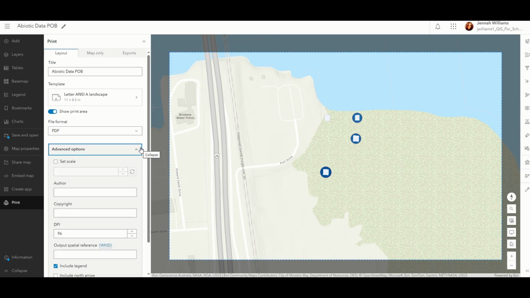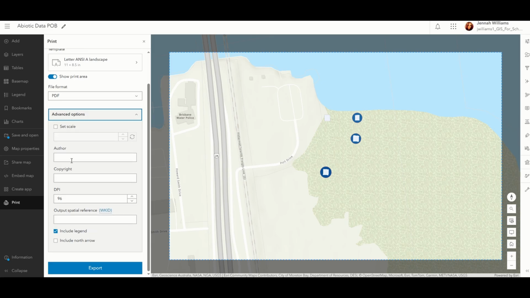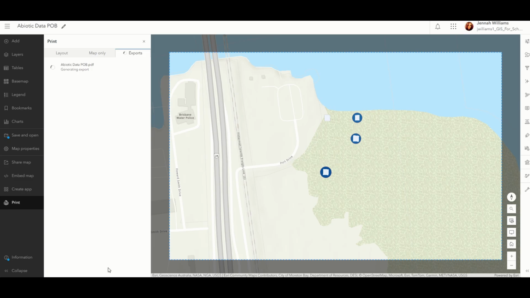And if you go to these advanced options, you can set the scale, give the author name, give any copyright information, and include the legend and the north arrow. Once you're all happy with that and you're happy with this selected area, you can go ahead and export that. Now, it's going to do its spinning wheel of death for a second, but once it is created, we can open